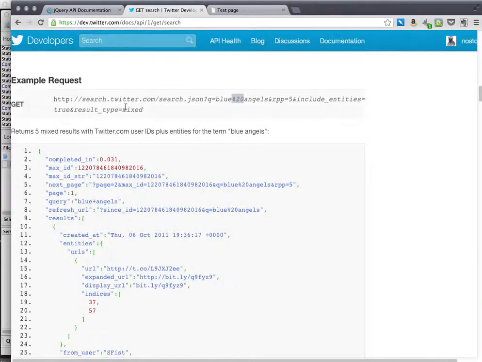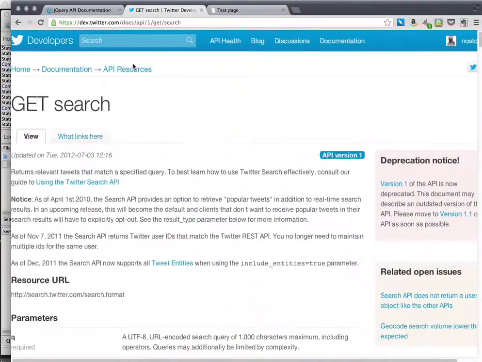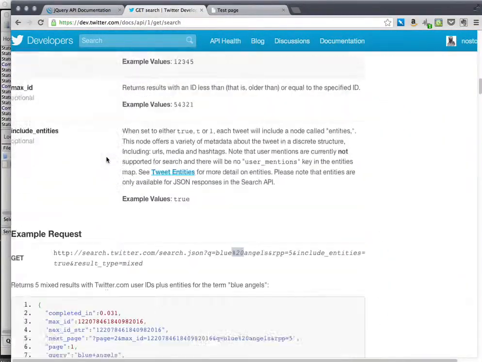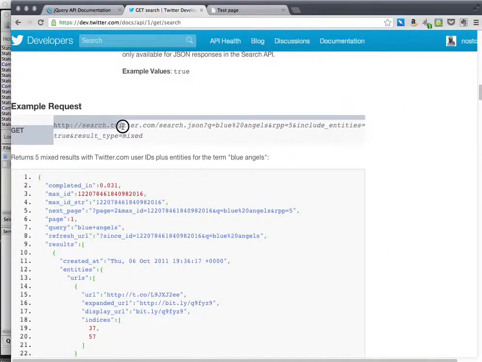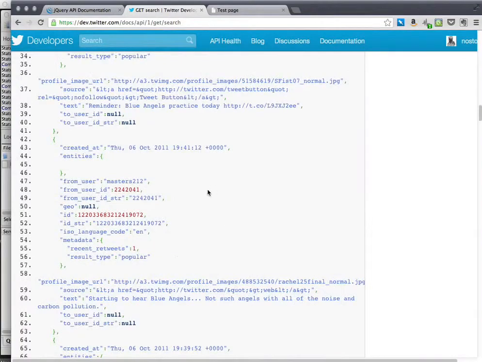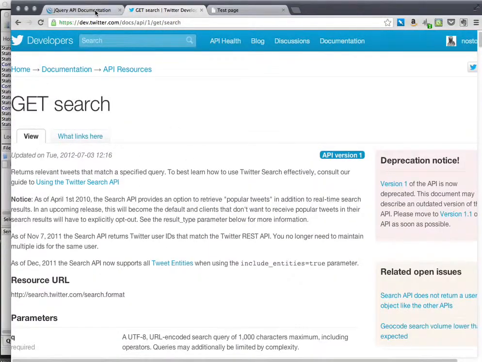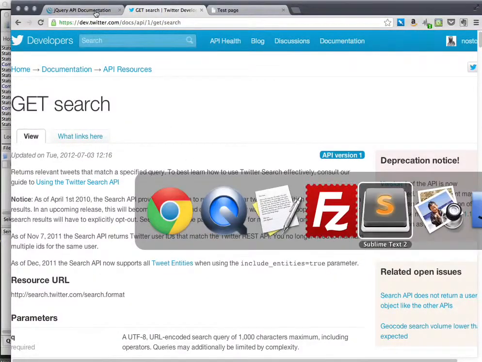And we're going to use the Twitter search API, so you can see some of the documentation here. We're going to use this search endpoint, which looks like this: get search twitter.com, and then you pass in any search terms and you get any recent tweets that correspond to those search terms. Okay, so jumping right in,